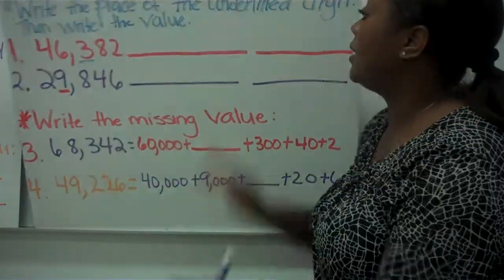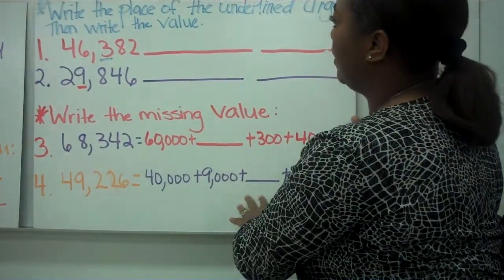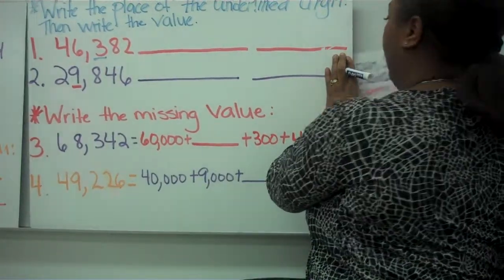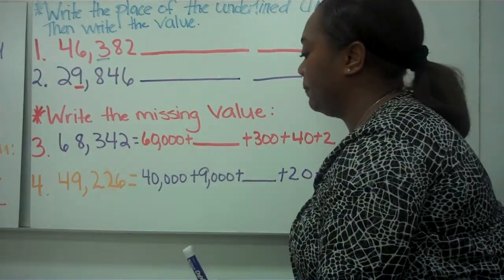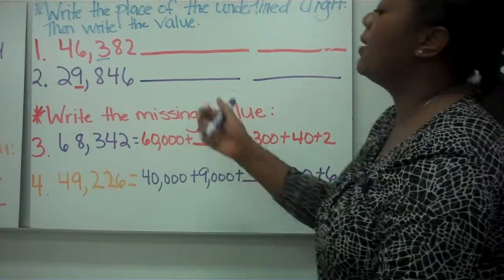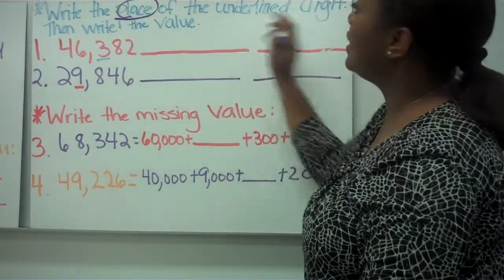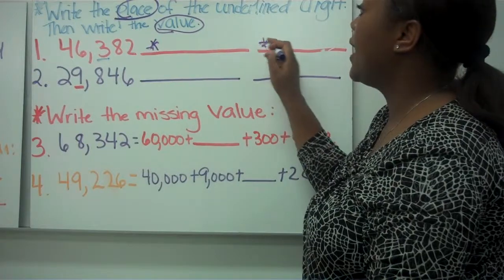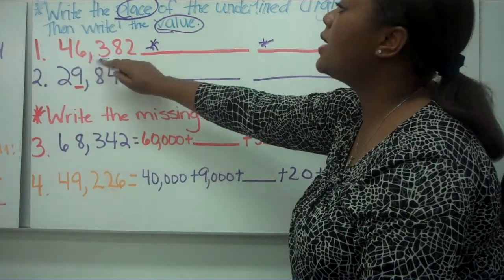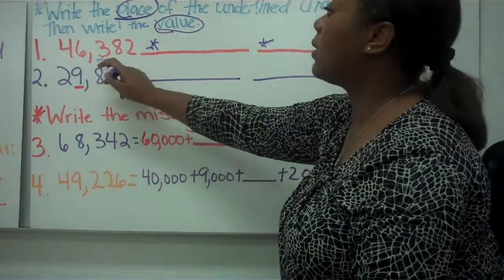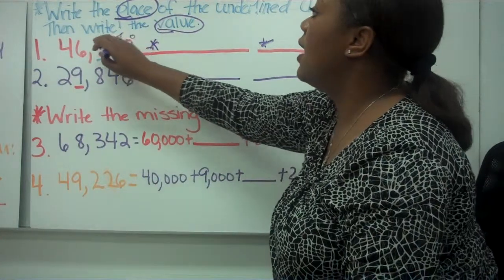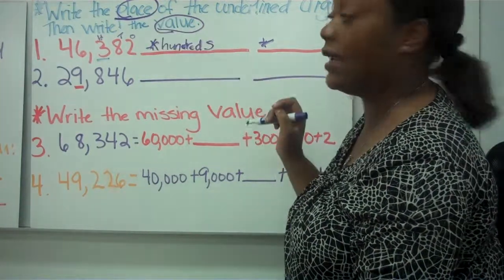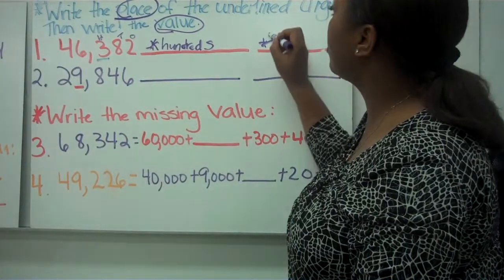Now, our next review lesson is write the place of the underlined digit, then write the value. Let's move this. See if it'll stand. Alright. Now, my direction says write the place, and then it says write the value. There's two different directions, so I'm going to be looking for two different answers. The first number is 46,382. Now the underlined number is 3. 3 is in the ones, tens, hundreds place. So I'm going to write down hundreds. That's the place it's in. 3 is in the hundreds place, so this 3 is worth